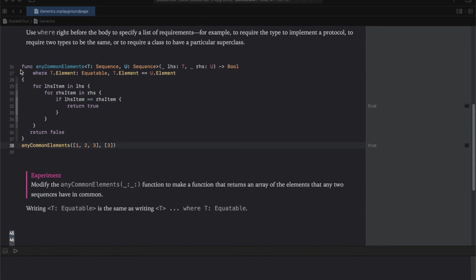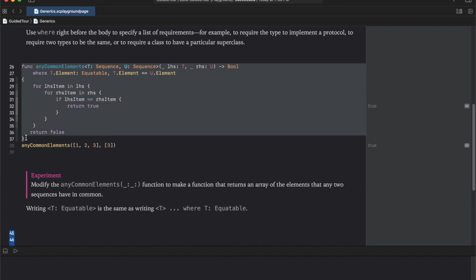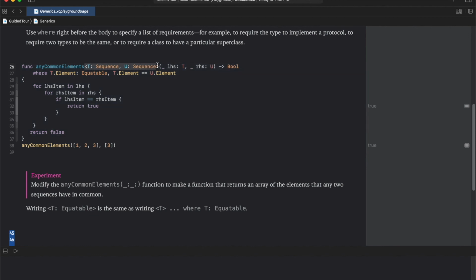To summarize, a successful call to the function anyCommonElements requires that all these requirements should be met. Type T should be Sequence, type U should be Sequence, T's associated type Element should be Equatable, and T's associated type Element should be same as U's associated type Element.